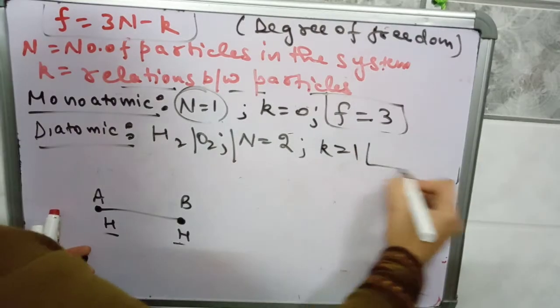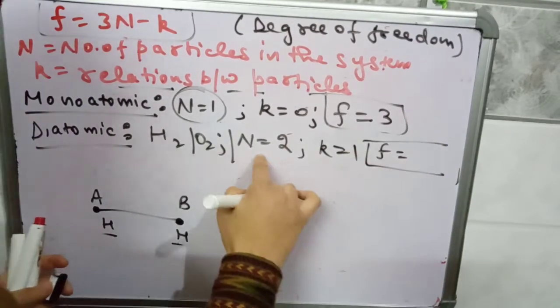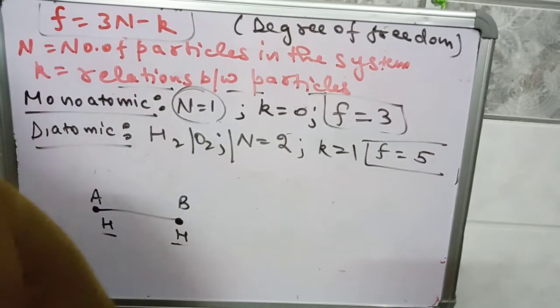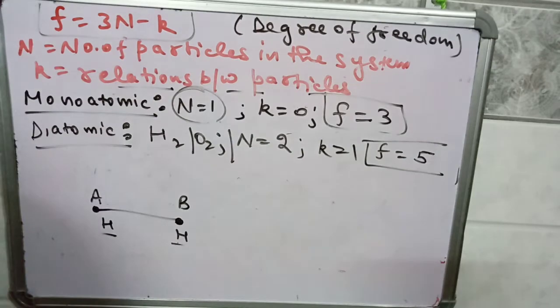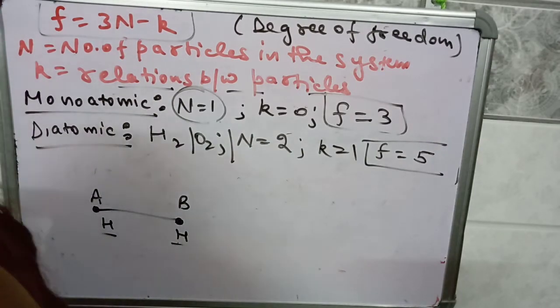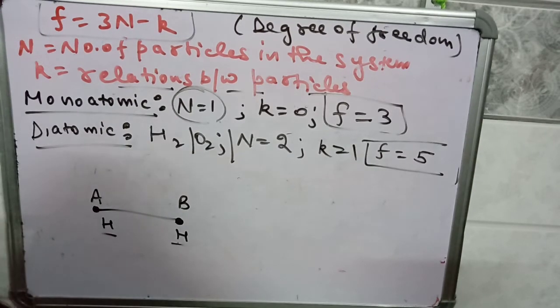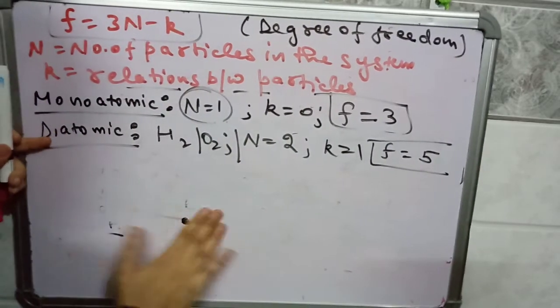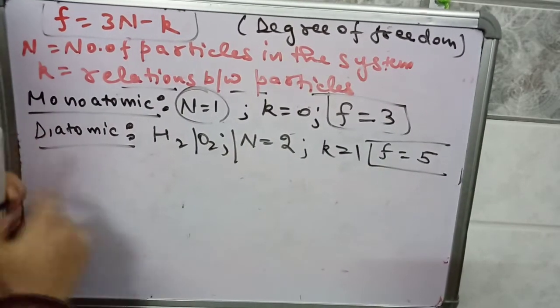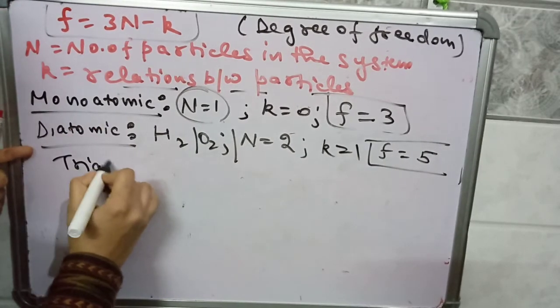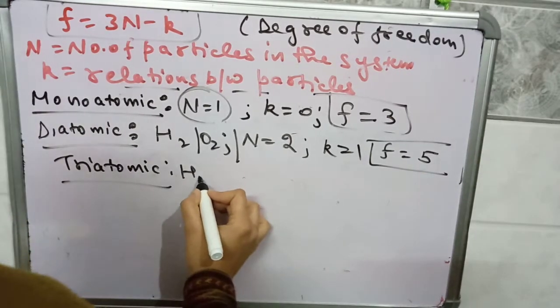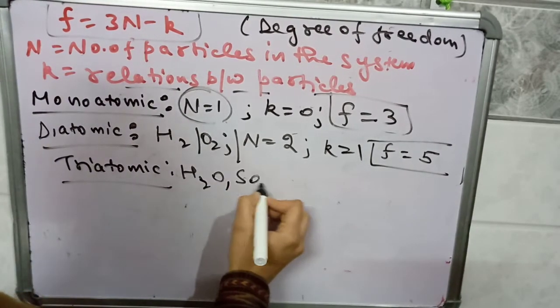So what will be the degree of freedom here? Put the value of N here: 3 times 2 is 6, minus 1. Degree of freedom will be 5. Okay, degree of freedom will be 5. Next is for triatomic gas. For triatomic gases, for example, vapors of water, sulfur dioxide,